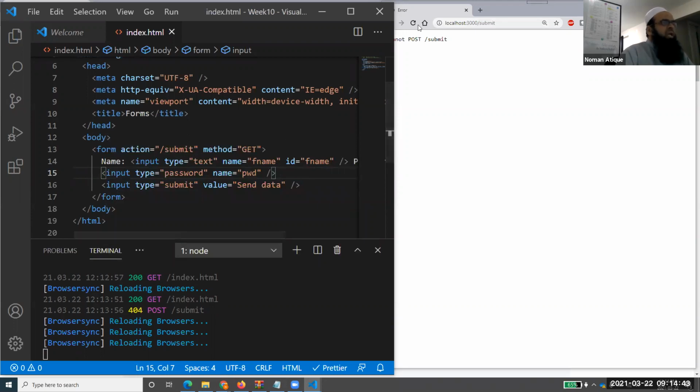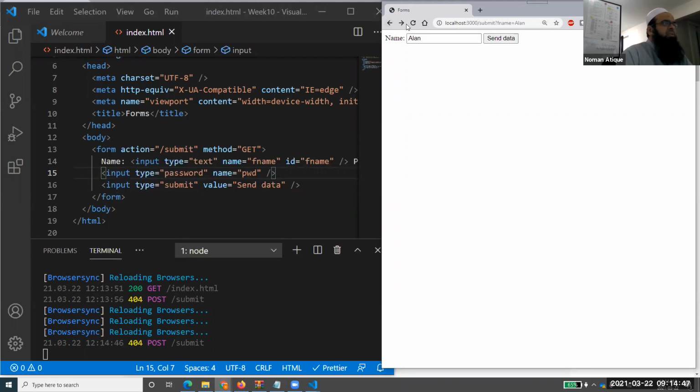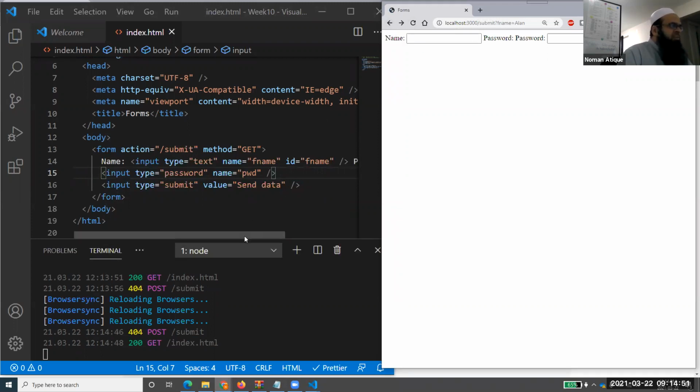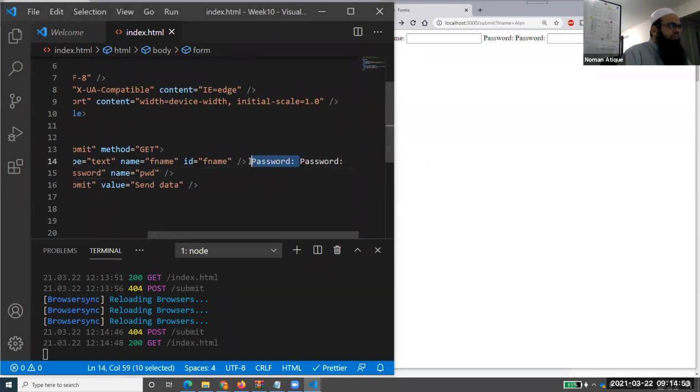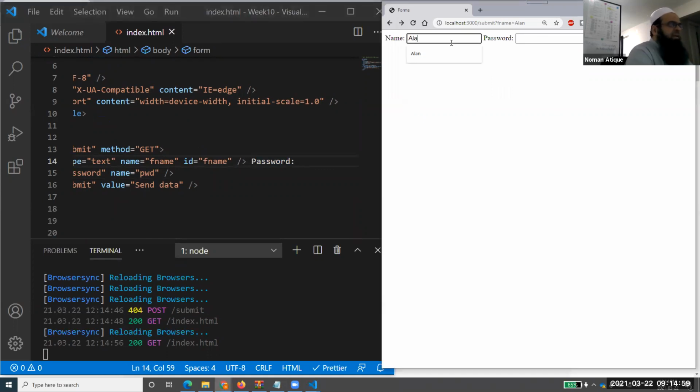So now you save that one and run it. Oh, I've written down password twice, very bad. Okay, now if you run that, you see name and password. I enter the name Alan and the password ABCDEF. Password text box always displays asterisks or rounded circles. It never shows you the real password. You have experience of that.